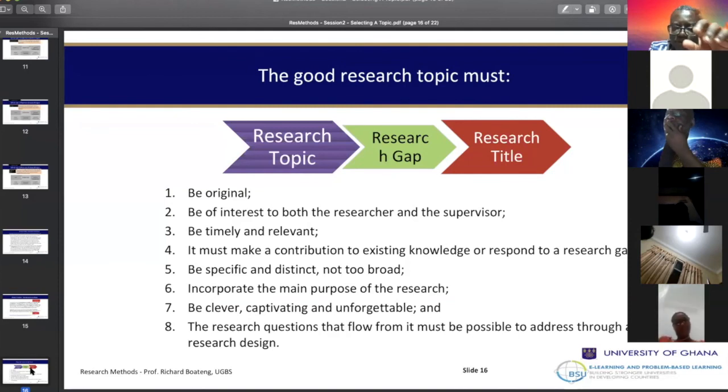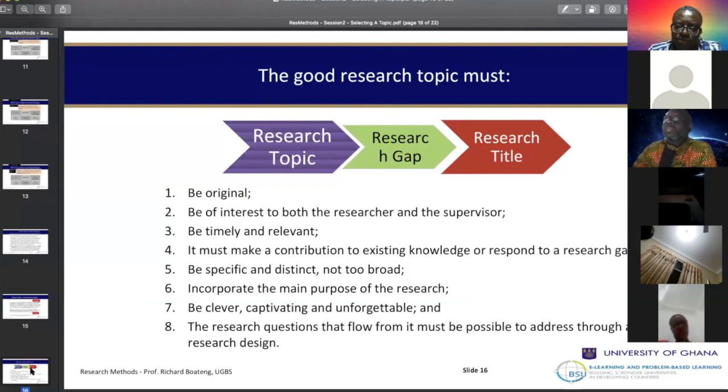For example, Prof. Abbas said that he wants to do a study on corporate governance, and his contribution is more on the financing decisions. So corporate governance and financing decisions. And then he added the context, Ghana. Then he added the population, Ghanaian listed firms. So the title is longer than the topic. The topic is a subset of the title. So the title then becomes the topic plus the contribution or the sub-area you want to look into,